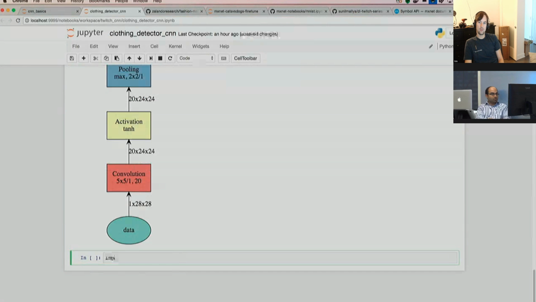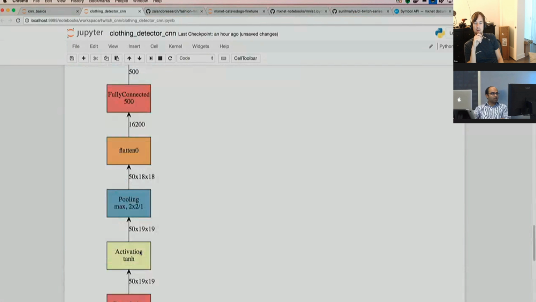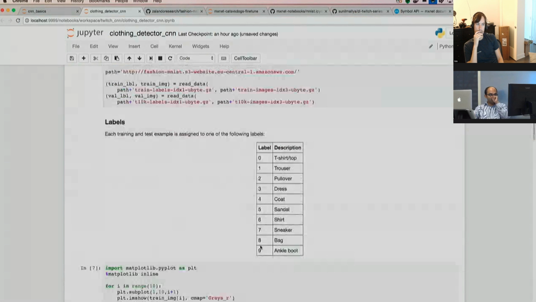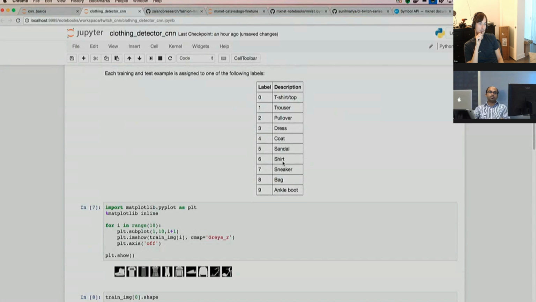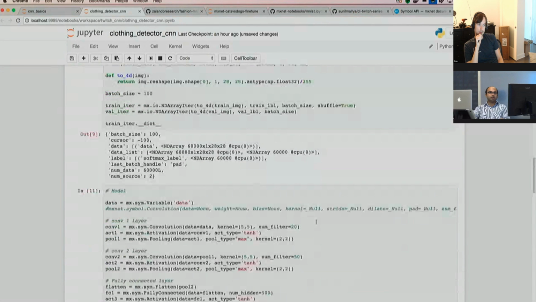Do we have to now tell it what the categories are, or do we just do that later outside of the model? Here, the model is just going to output numbers, right? 0, 1, and so on. Gotcha, it's just the index of this. So we'll use this lookup table once we